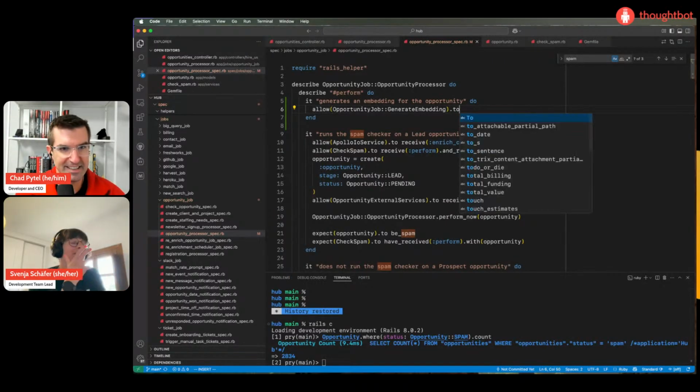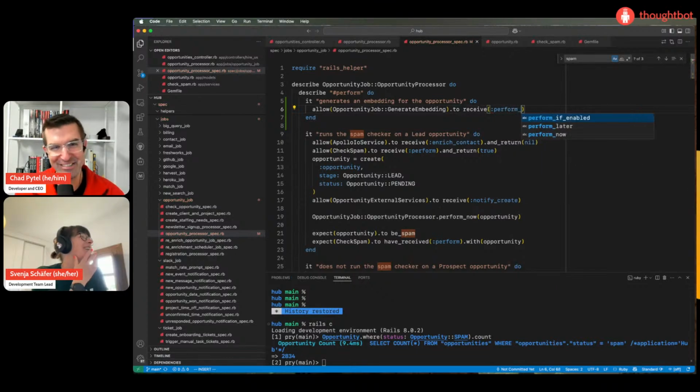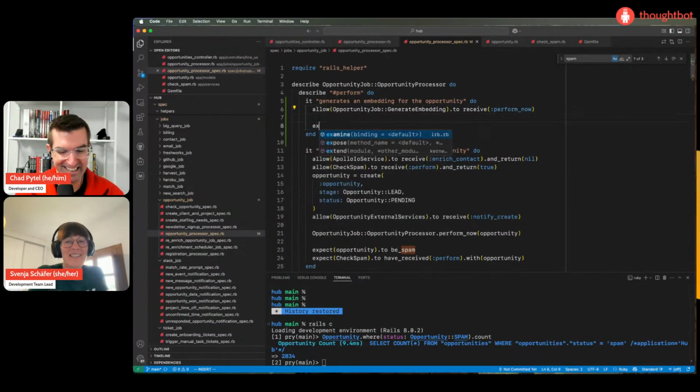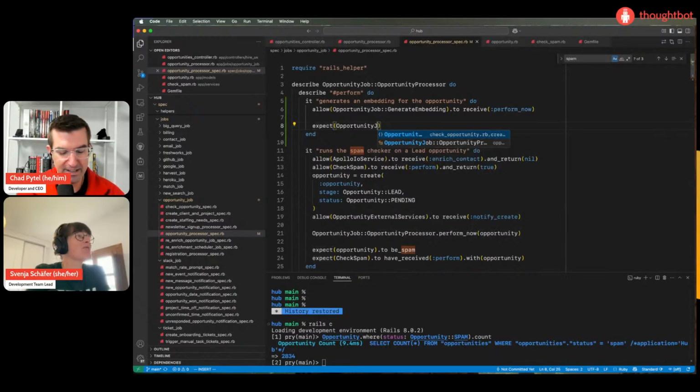I'm still thinking about the word embedding. You're really hung up on that. Yeah, for me, seriously, it does not make sense. I don't understand why it's called embedding. But if anybody knows, we're still looking for it in the chat. No one has. No. Why is it called embedding?